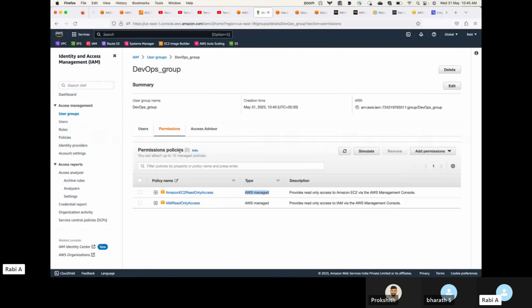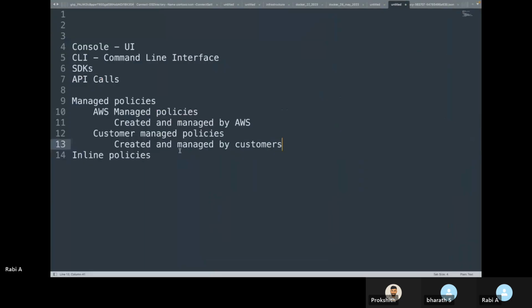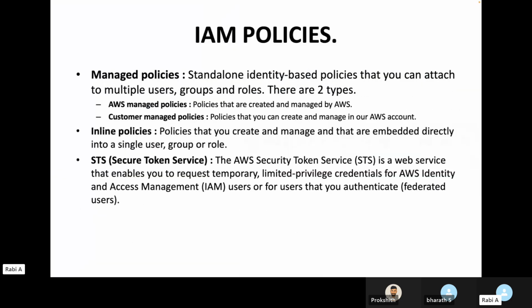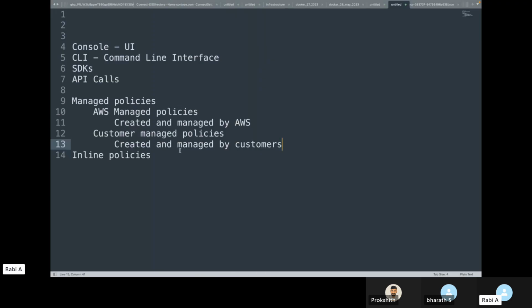There might be cases where the AWS managed policies may not have the necessary permissions that you need. It may not contain the permissions that you will need to control the access. So you can go ahead and create a custom policy, custom permission,